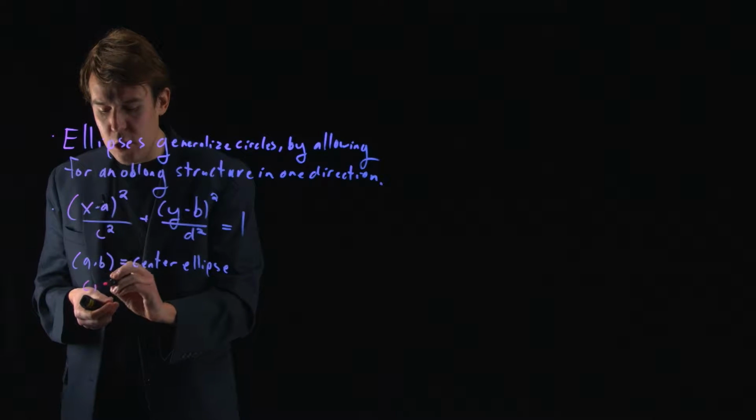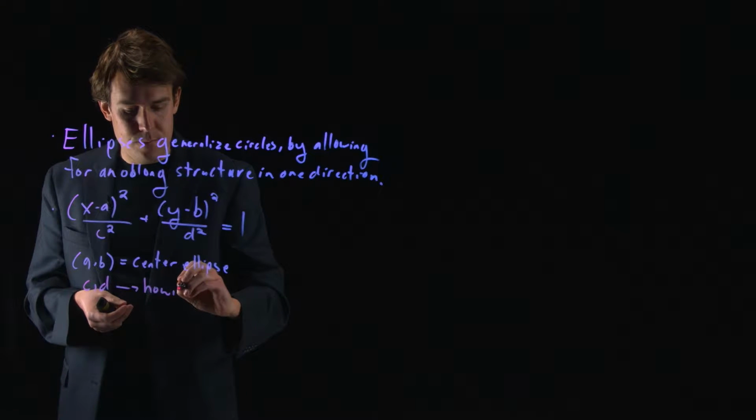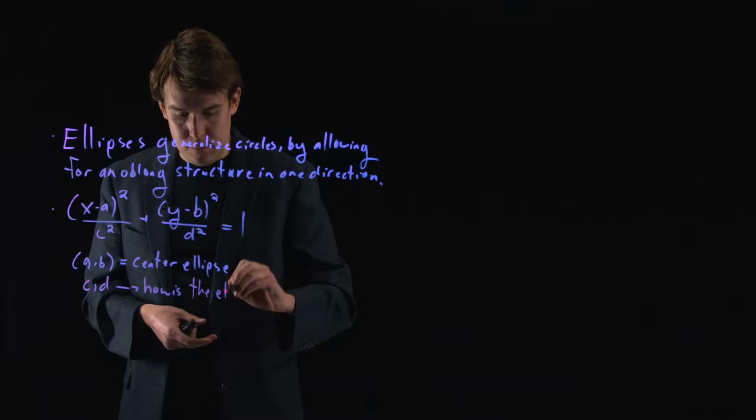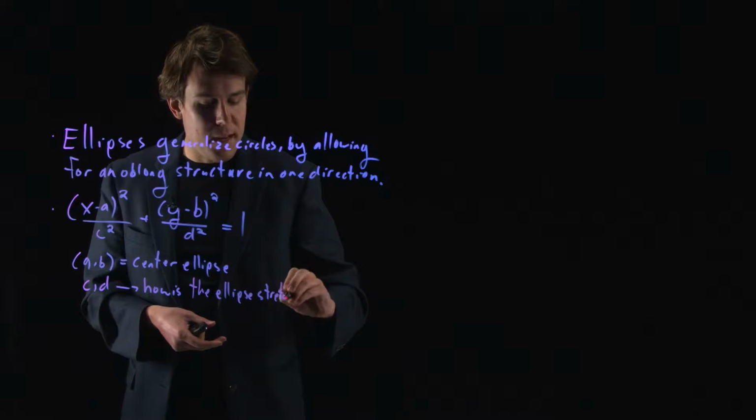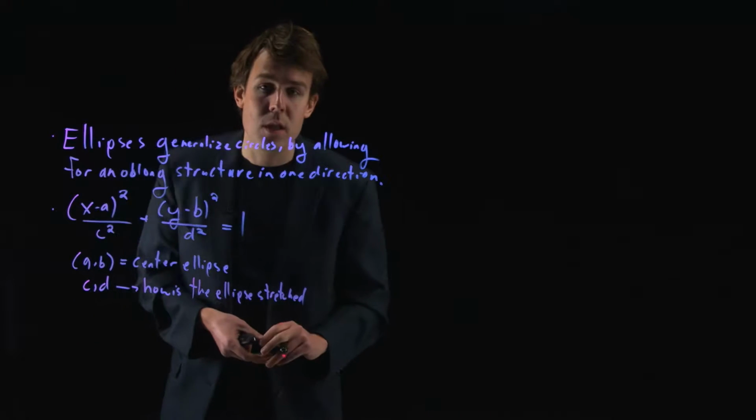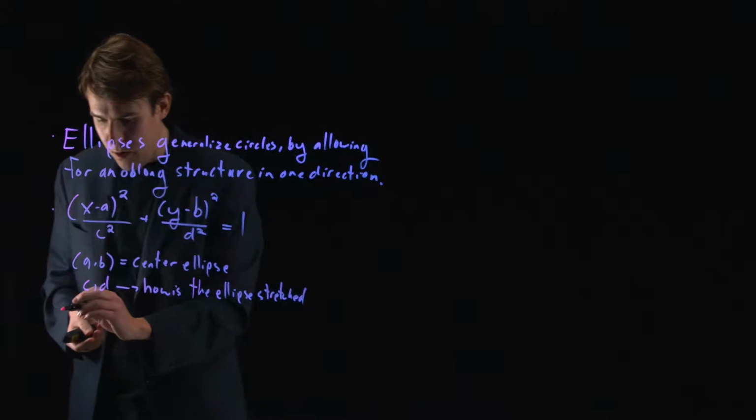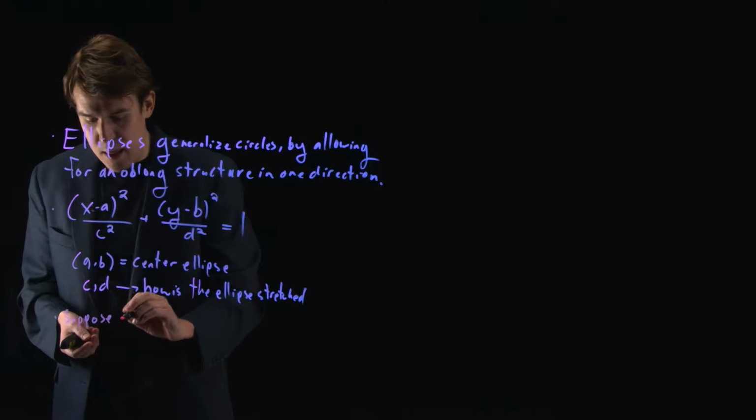Well, these are going to determine for us how the ellipse is stretched compared to a circle. Now, before we get to some specific examples, I want to relate this definition to the definition of a circle. So suppose that c was equal to d,